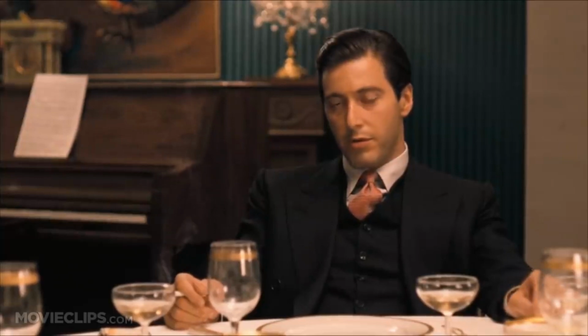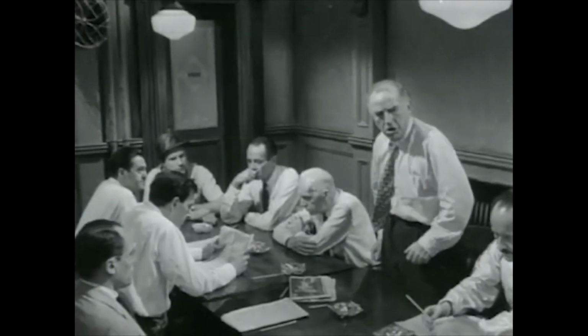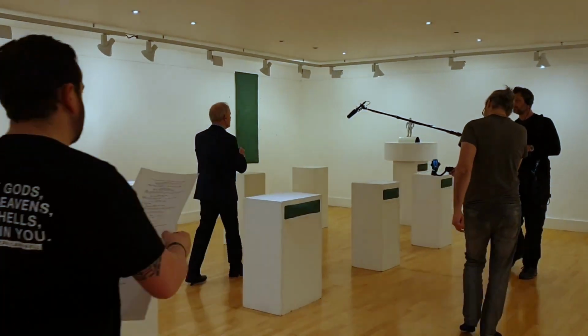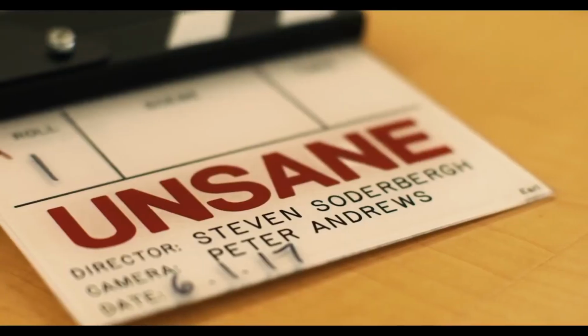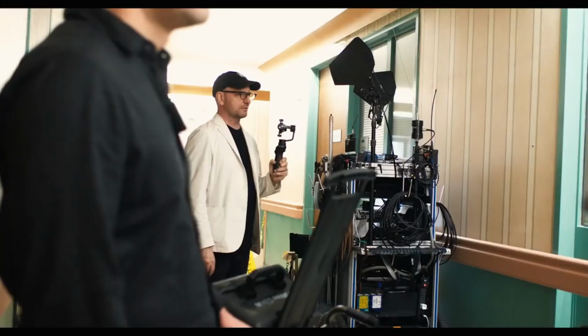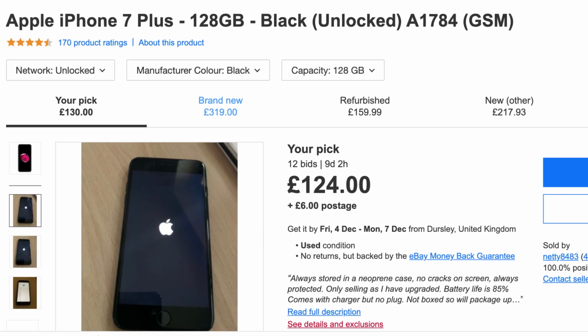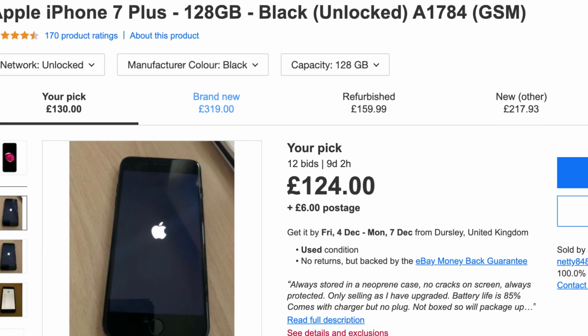When The Godfather and 12 Angry Men were made, filmmaking was a pretty exclusive activity. It was just too expensive for most people. But now, anyone with a smartphone can shoot a movie. We have to pinch ourselves. And remember, it's not even 3 years since an Oscar-winning director shot a feature film using an iPhone 7, a device you can pick up secondhand now for about $150.